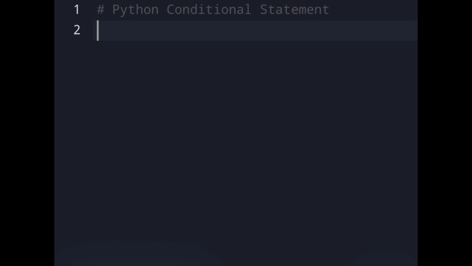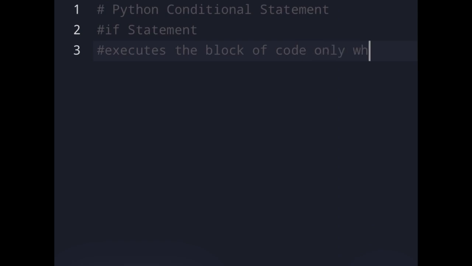So the first will be the if statement. The if statement executes a block of code only when the condition is true. Otherwise it won't execute. So for example, we will take one code, where I am giving a variable as age